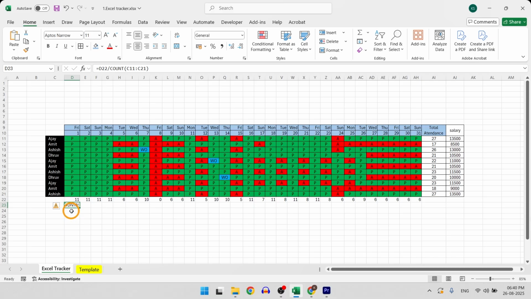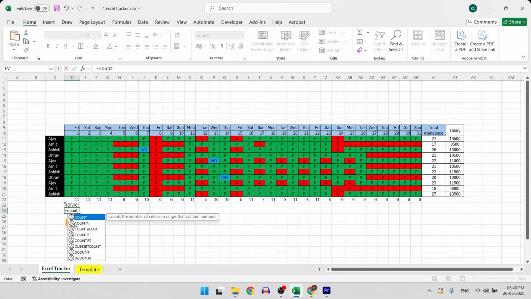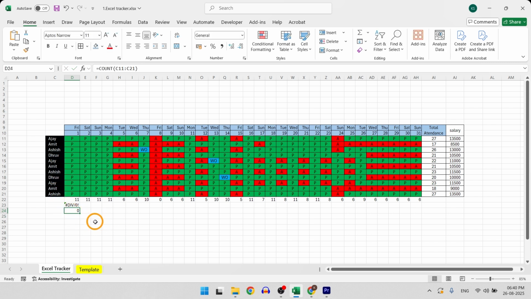Why is that happening? If we check the COUNT function, it's returning 0. But actually, it should be 11 because there are 11 employees listed. The issue is that values are stored as text and COUNT formula only works on numbers.